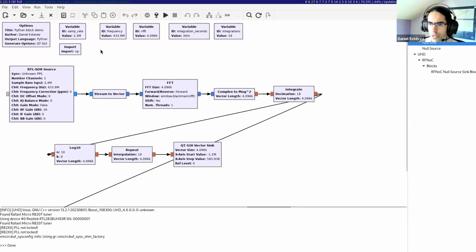So let's say I want to do that with my RTL-SDR, and I could do that in a very simple way by using the RTL-SDR source, and then I could do complex to magnitude squared. That would give me power, and then I can use the integrate block to integrate for as many samples as I want. This will set my integration time, and here we go. That's my power measurement. But I want to do it in a more sophisticated way by using the FFT,